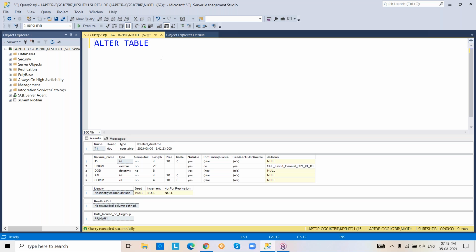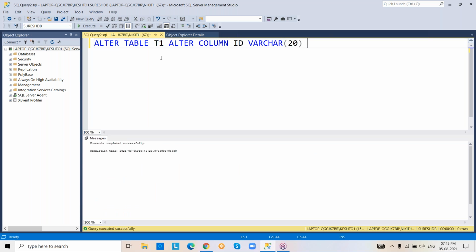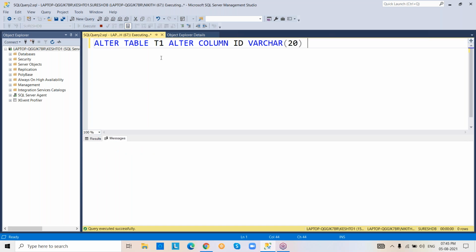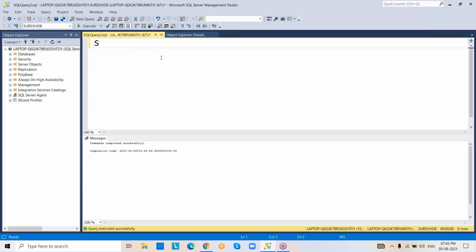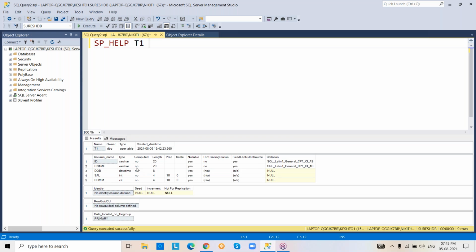Alter table T1, alter column ID, just provide the new data type, varchar of 20. What happened now? Data type changed. Any doubt? sp_help table name. Please check the data type of the ID column. Varchar.